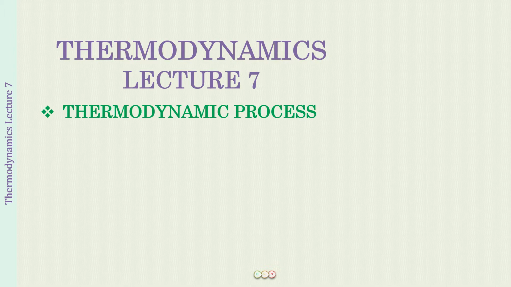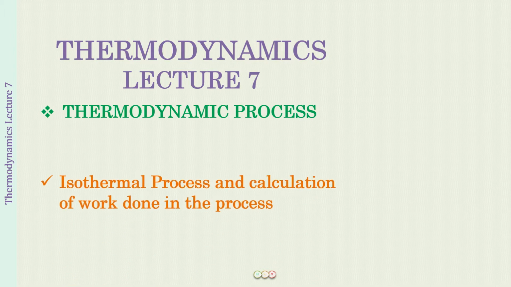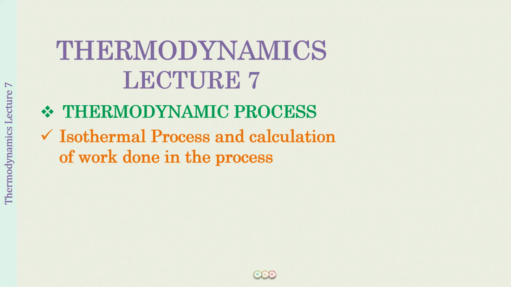So moving further into the topic, we are going to talk in detail today about an isothermal process and how we calculate the work done in the isothermal process. Again, the isothermal process would be also of two types, reversible and irreversible. So just after having a brief understanding of what is an isothermal process, we will be talking in detail about the reversible isothermal process, and I have divided this lecture into two parts. The isothermal irreversible process we will be talking about in the next lecture.